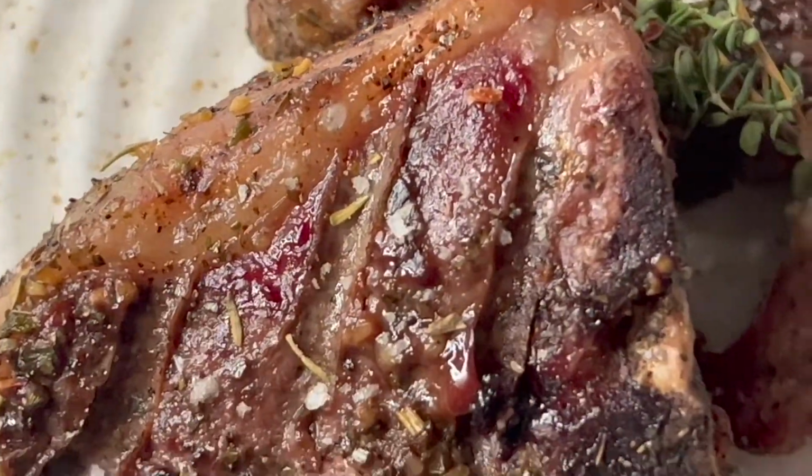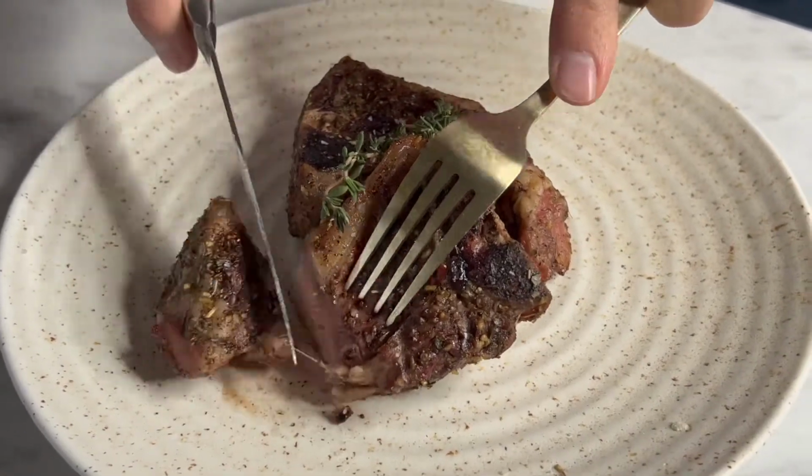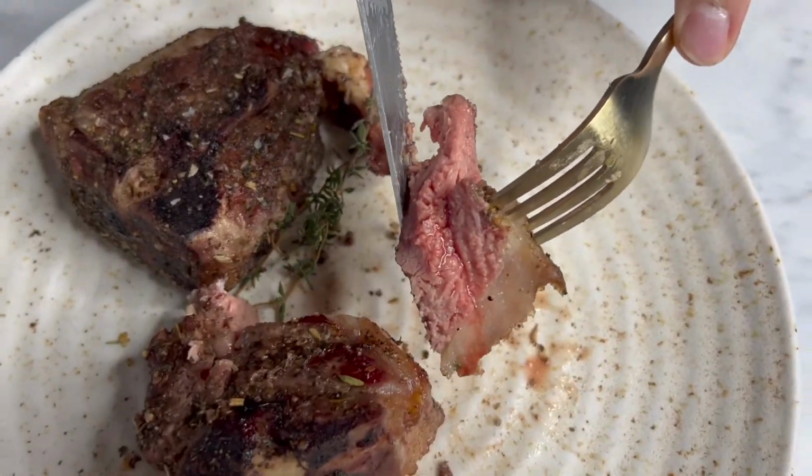And these are one of my favorite cuts of lamb to smoke on the pellet grill because they're so meaty and delicious inside. But I also have smoked leg of lamb and smoked lamb rack that you can find at